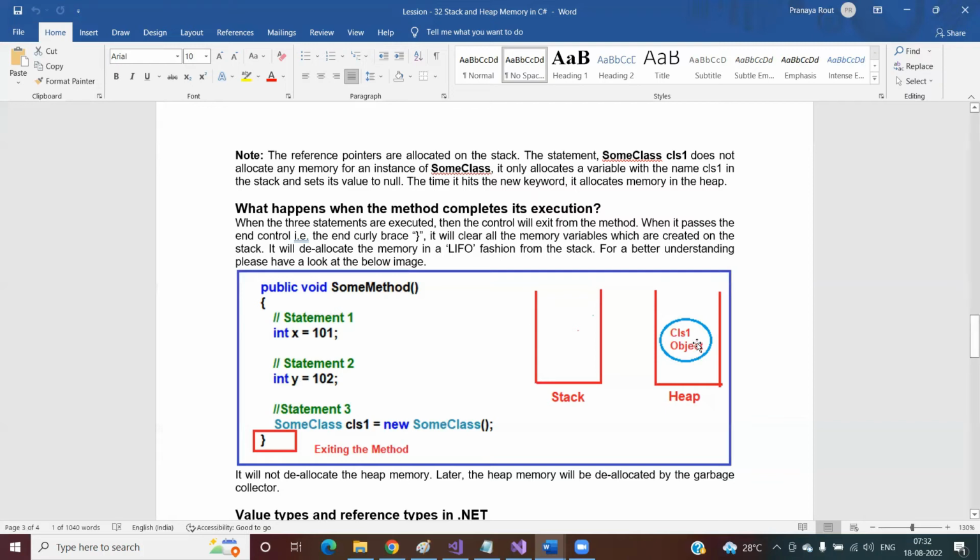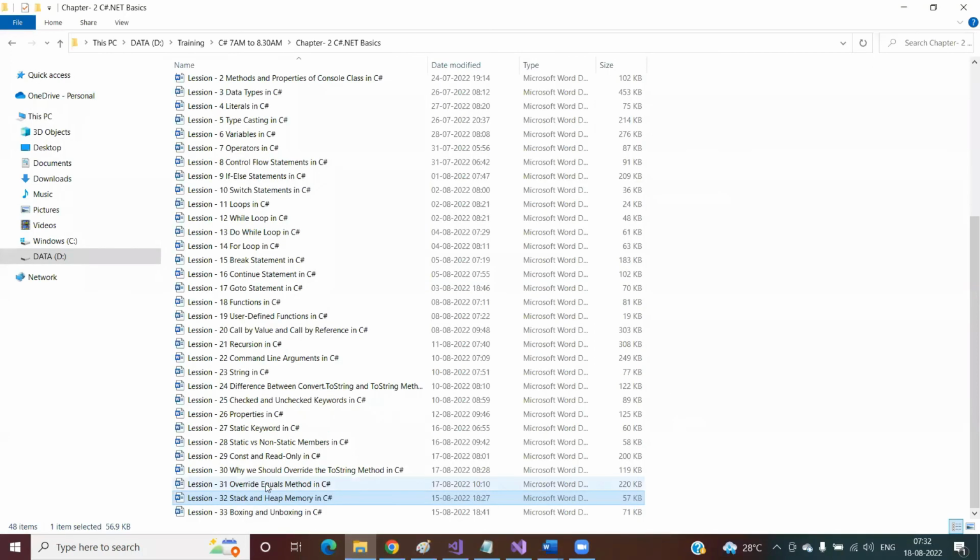But for now, just remember, whenever you create a value type, the memory allocation will be done inside the stack memory. And whenever you create a reference type, the object is going to be created inside the heap memory, and the reference variable is going to be created inside the stack memory, and that reference variable will point to the actual object, right? So if you remember,